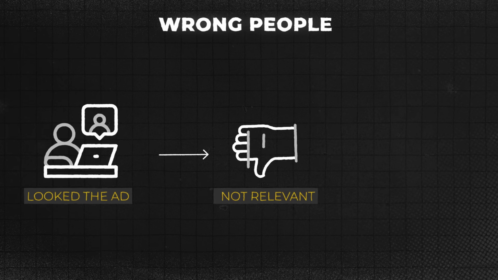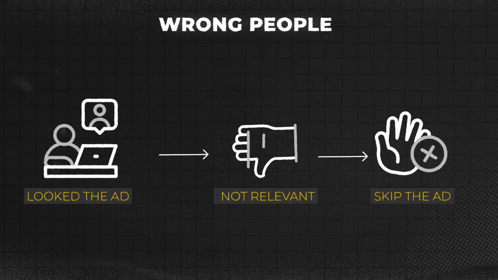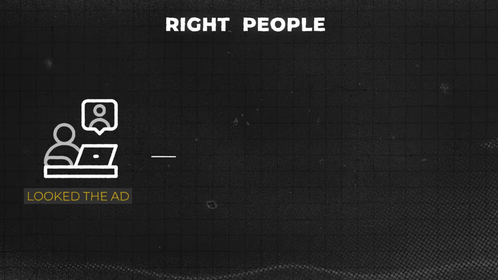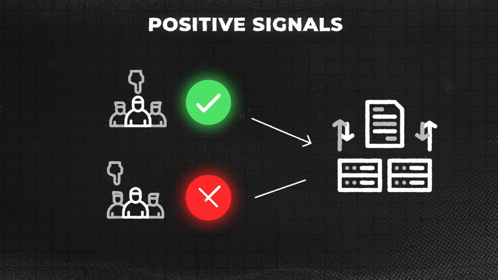Because what will happen with your ads, if you target the right people in your ad copy, is that the ones that see the ad and it's not relevant for will skip the ad, they won't click on it, they'll ignore it. But the ones it is relevant for will stop and look at the ad, then they will click on the ad, and then they'll also convert on the ad as well. And then what this does is it sends positive signals back to Facebook about the kind of person that converted and the kind that didn't, so the algorithm can show your ad to more of the right kind of people, the right kind of people that do actually convert.